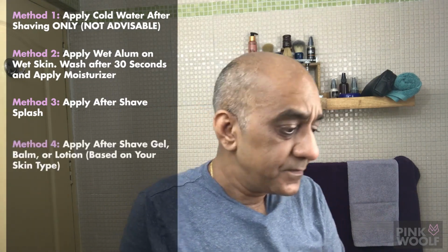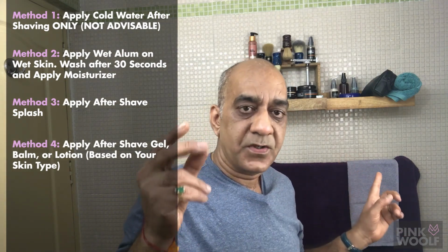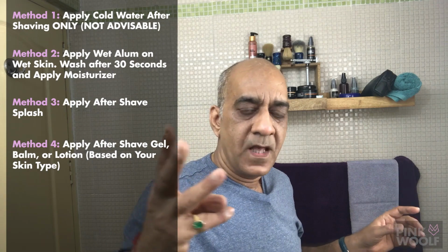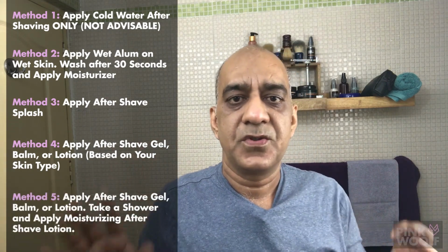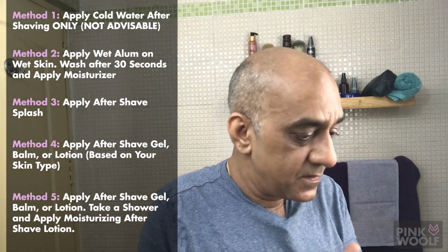The fourth one is, depending on your skin type, whether it's normal sensitive, then you use the balm. If it's normal dry, you will use the aftershave lotion. If it's normal oily, then you will use the aftershave gel. Apply that and you're done. You can walk out. The fifth method that usually works for me and for a lot of our customers is